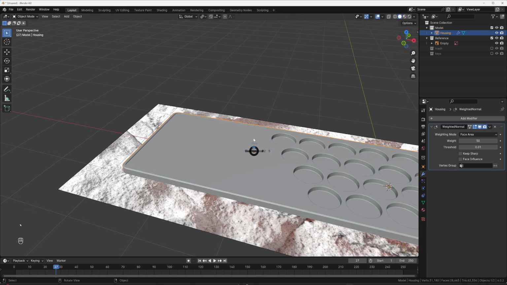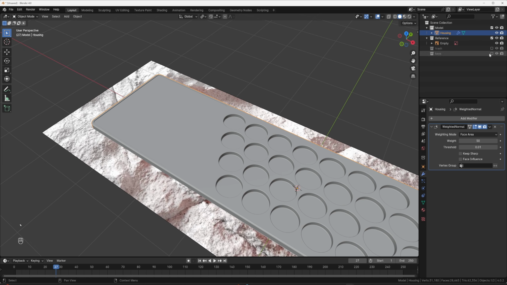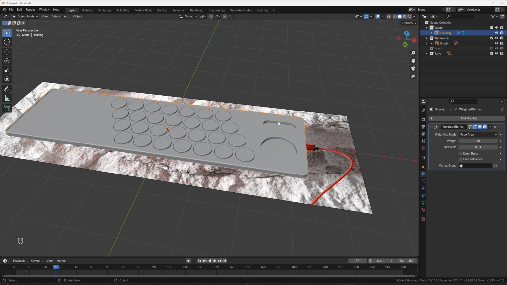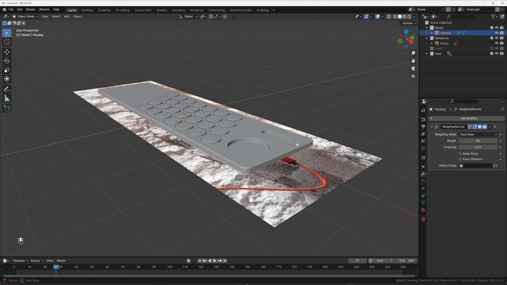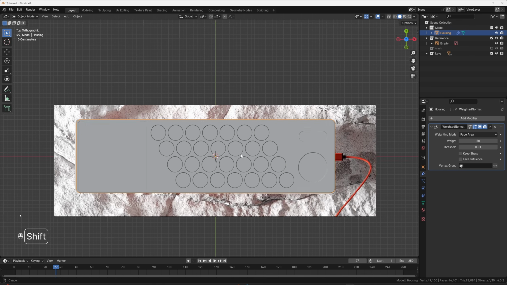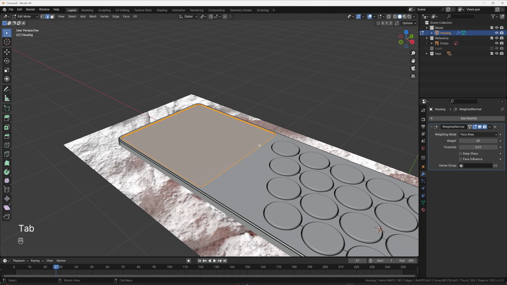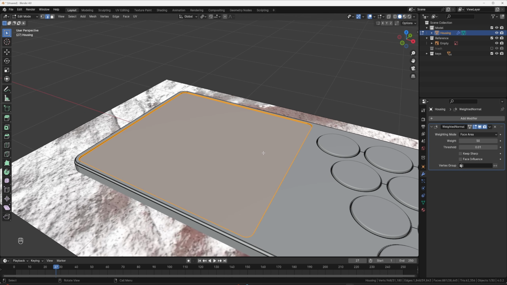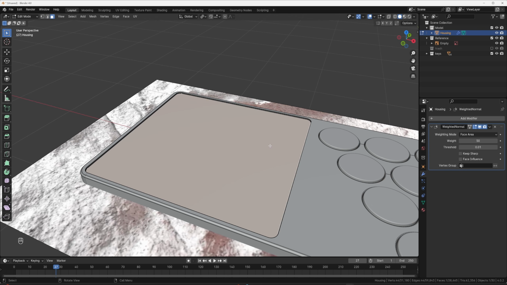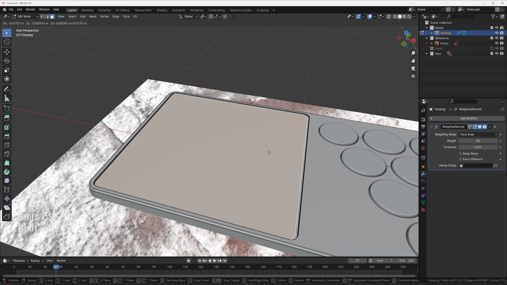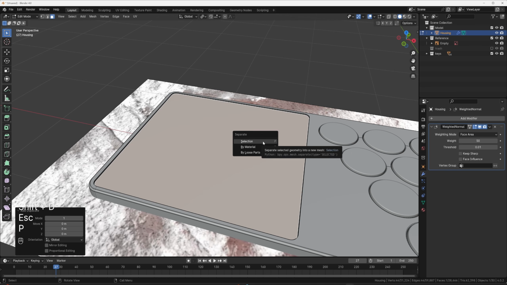So then the last couple pieces that we'll need, I'm going to turn the keys collection back on so we can see our beautiful keys here. We're going to create these buttons for this, and then we also will make this little cord as well. So what I would do for the glass panel is I know I'm going to need a screen, so like an image or a block that I can put the texture on, and then also a glass cover. So what I would do is I'm going to click 3 and grab this face right here, and then just Shift D, and then P, separate by selection.